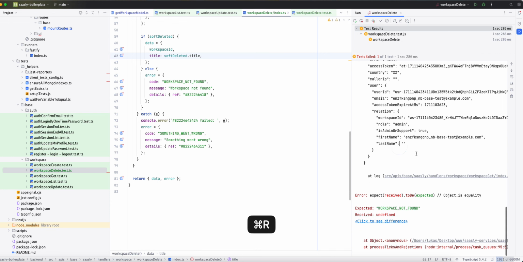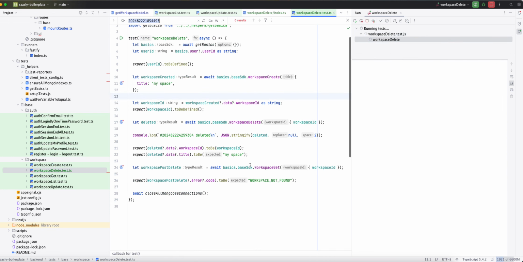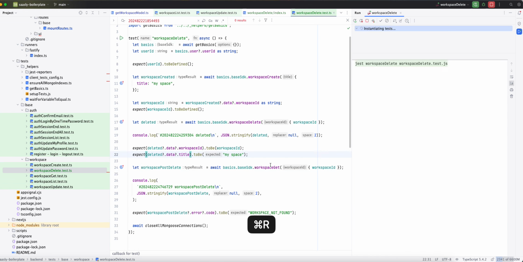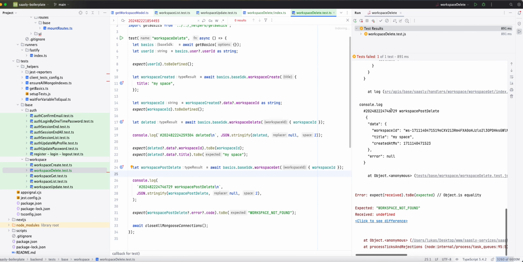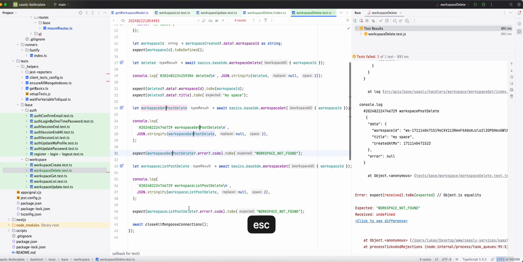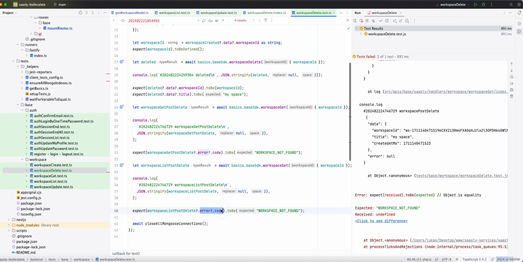But it is still returning the get, because the get does not include the deleted flag, so it is still returning the workspace post delete, and that's of course an issue. So workspace post delete, and workspace list post delete, workspace get post delete. So the list should have data, items, length